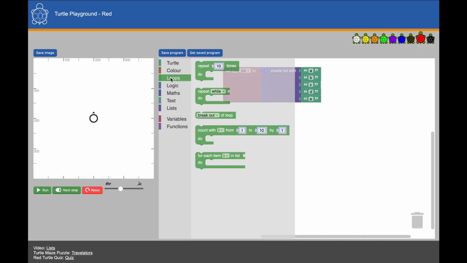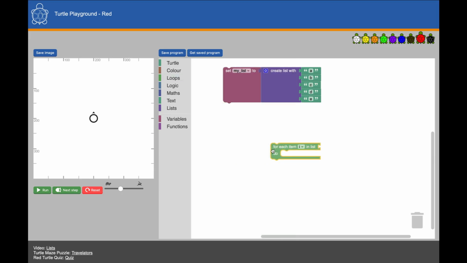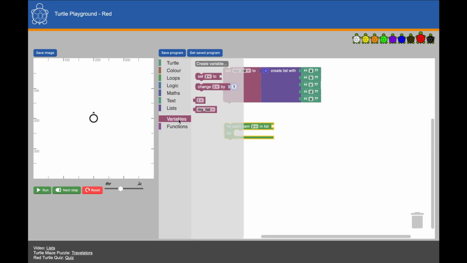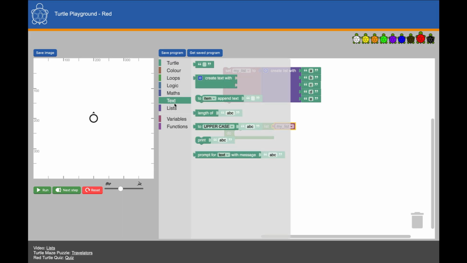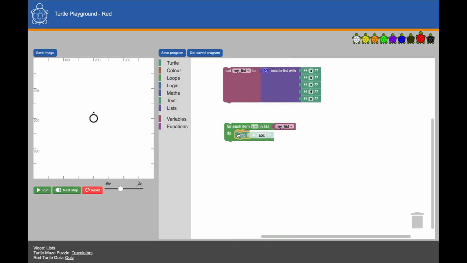When we look in the loops folder, we can find that we have a for loop, and it's for each item I in a list. So let's add our list. Now we can do things with them. So let's do something simple so we can see what's going on. We'll print